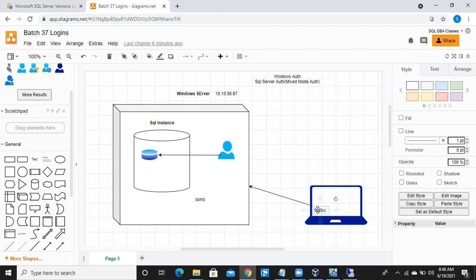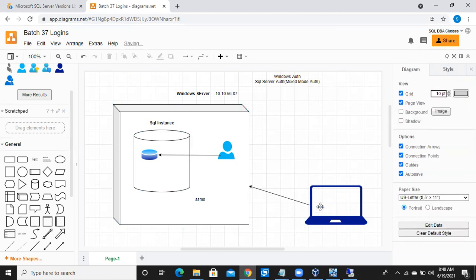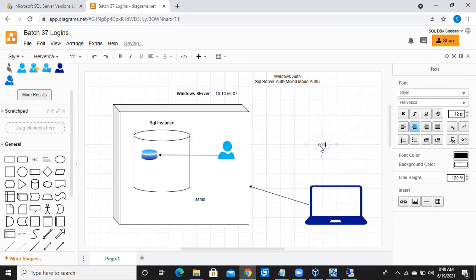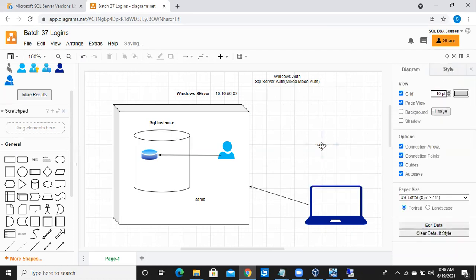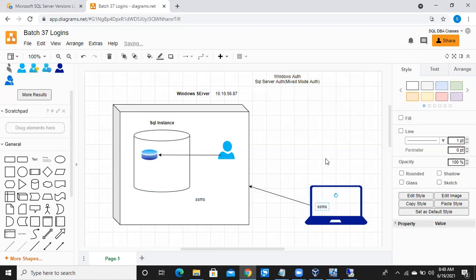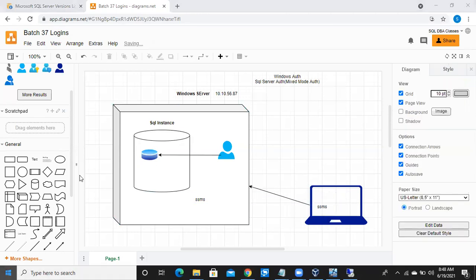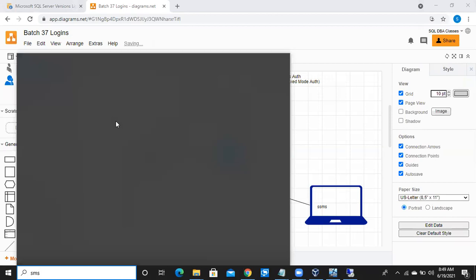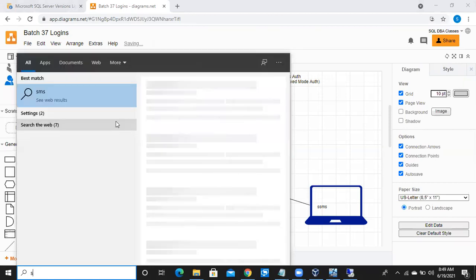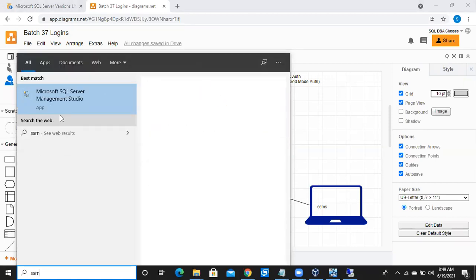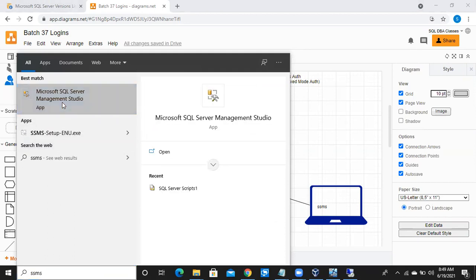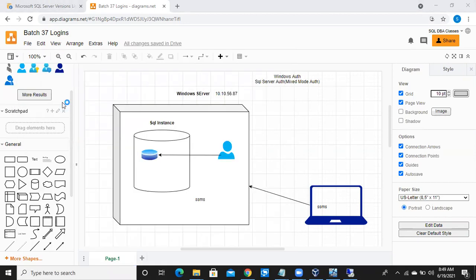Developers won't type MSTSC as they don't have access on the Windows machine. They will simply type SSMS in their laptop. This is my local laptop. Once they type SSMS here, they will get a screen like this, once the Windows people have installed Management Studio on the client machines.